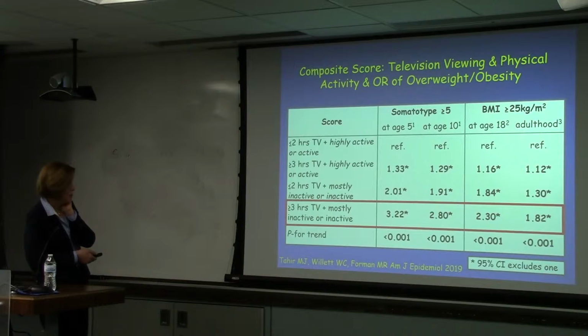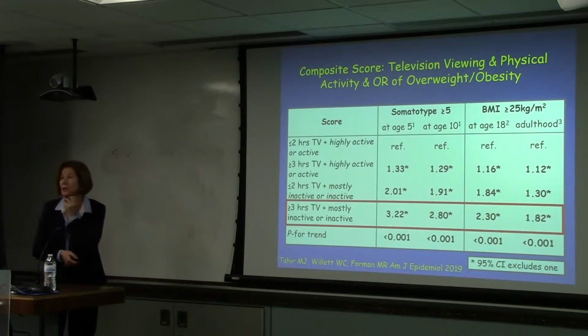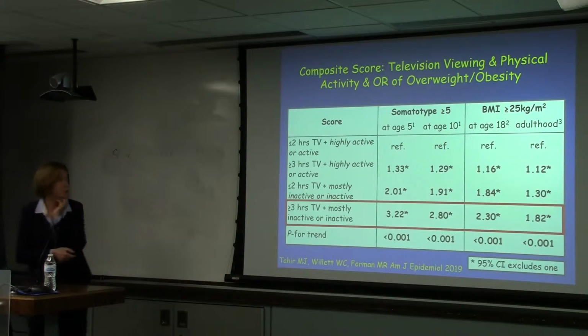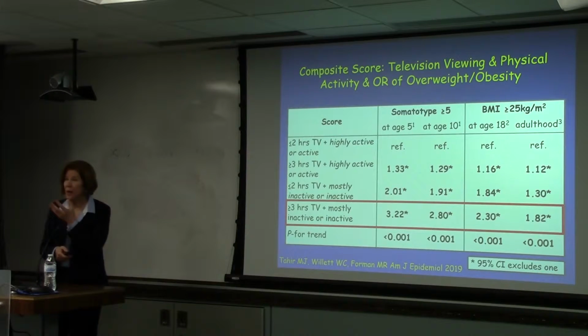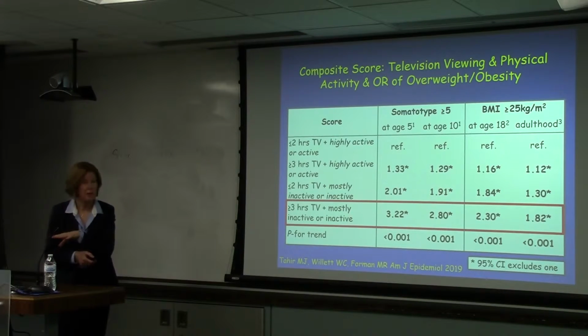Okay, so then we developed a composite score, and this composite score had as our reference group those who actually had 2 hours or less of TV and were highly active or active. Then those who had 3 or more hours of TV and were highly active or active, compared to 2 or less hours of TV and mostly inactive, or what I call the couch potatoes, and 3 hours or more of TV and mostly inactive. And what you can see here when we look at this composite of both TV viewing and physical activity,